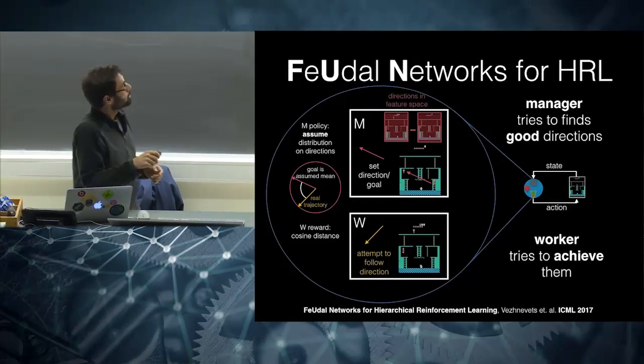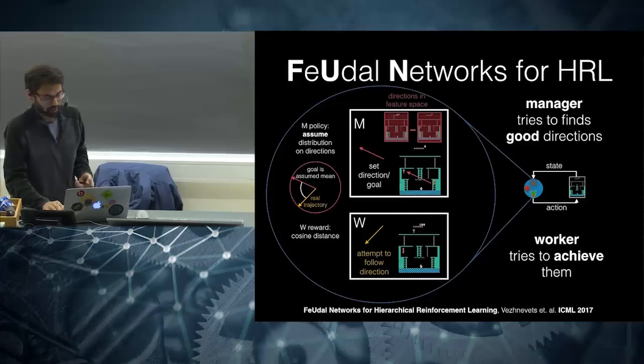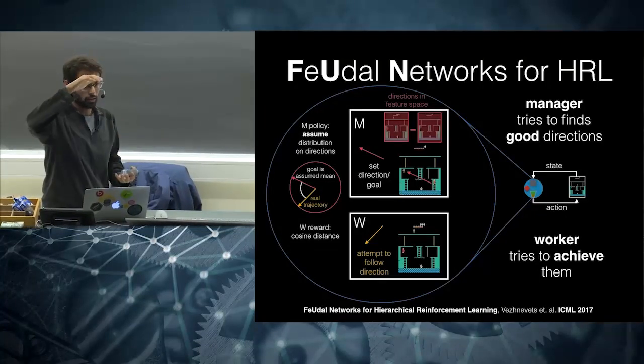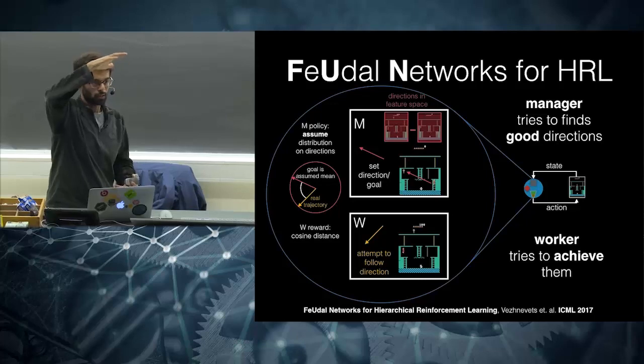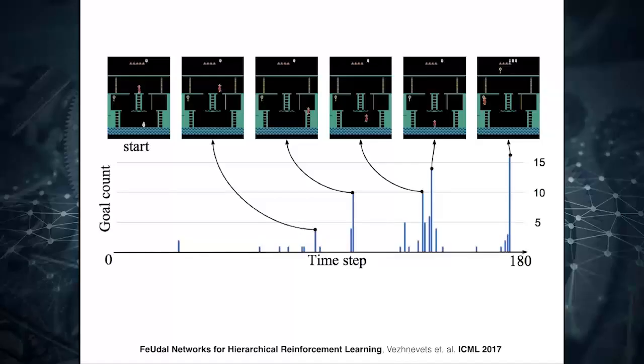And in so doing, this architecture allows us to separate the concerns, split the task into subtasks. In fact, visualizations in the paper suggest that these are counts of the goals that were selected, and the highest counts are for very meaningful goals. So this one, the maximum here, is for reaching the key. It was selected more often than not.